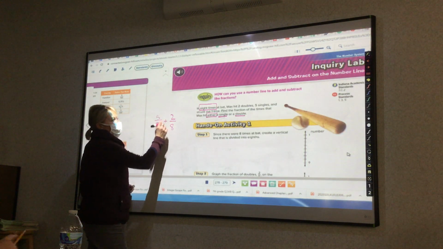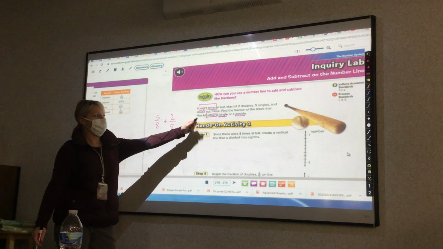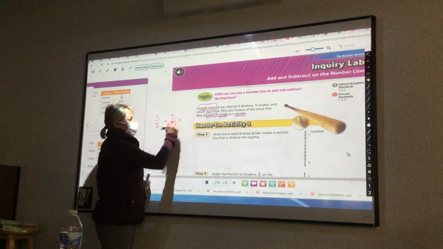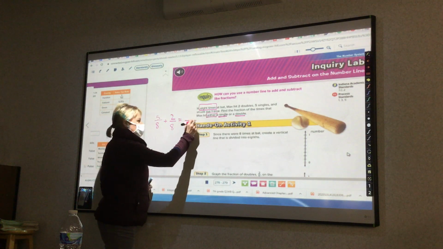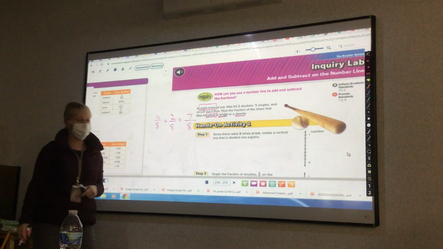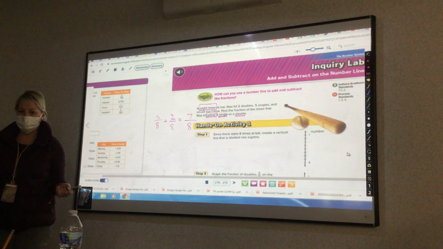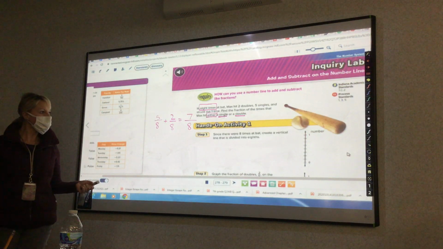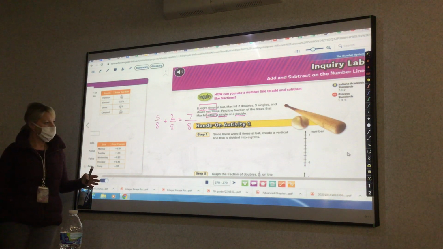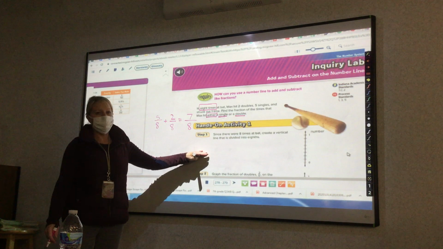To figure out the fraction of either single or double, that's the single plus the double. If you have the common denominator, you just keep it 8, and it's 5 plus 2, which is 7. So you just have your final answer of 7/8, right? Okay, not too terribly tough right now, right? Yeah. So let's get into looking at the